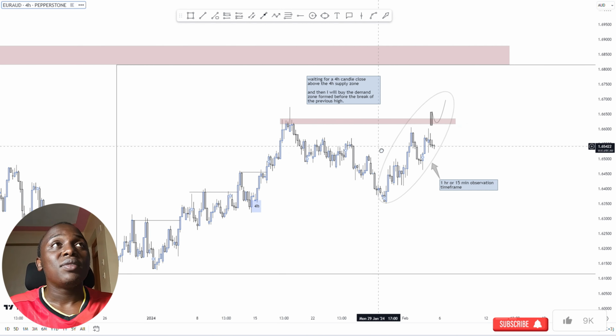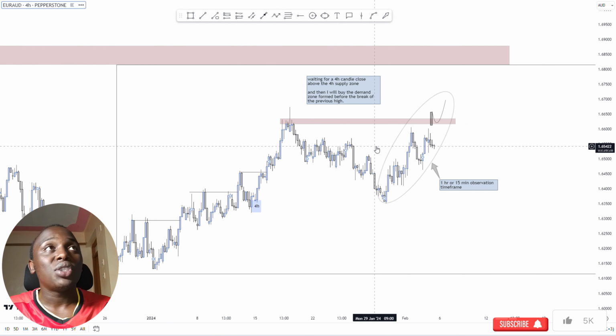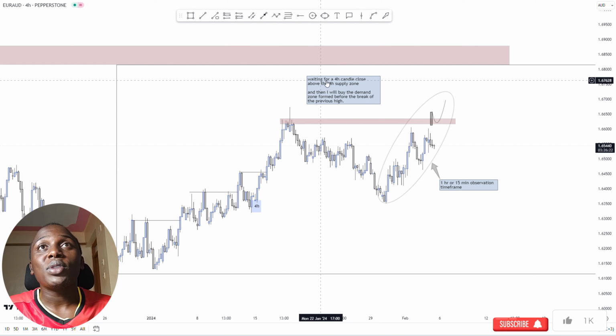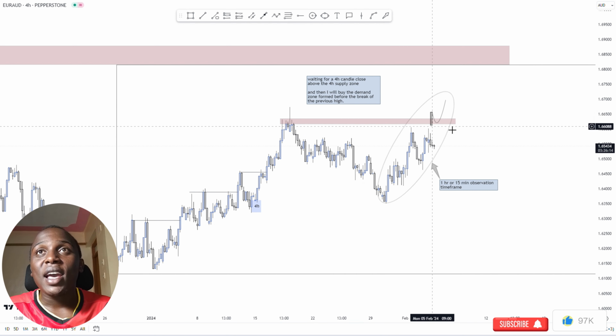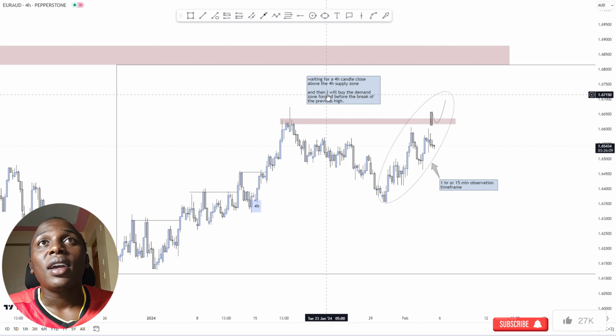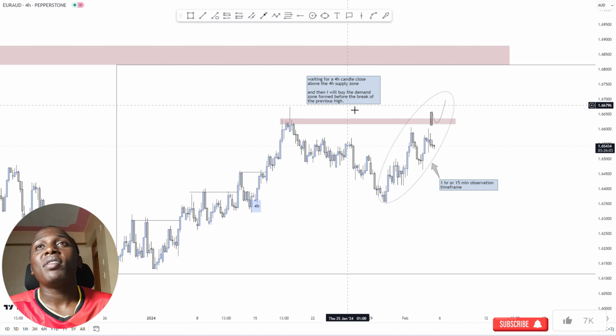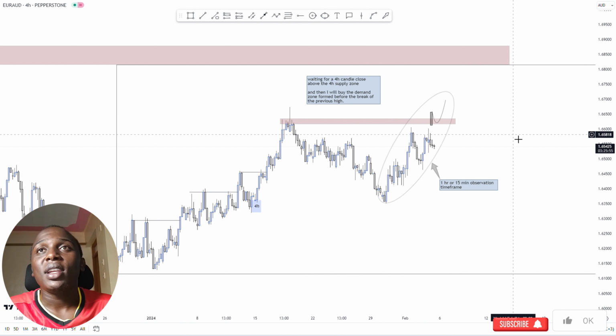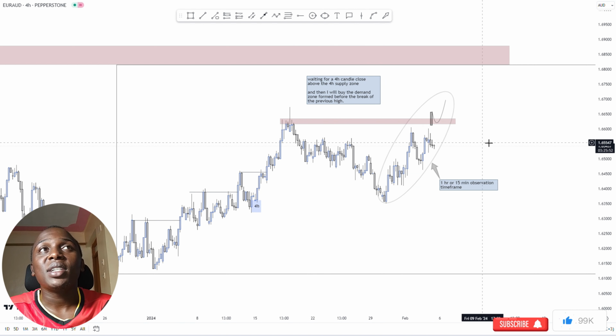What I'll be waiting to see for me to take a position for Euro Australian dollar is a 4-hour candle close above the 4-hour supply zone, and this is the supply zone which I'm talking of. If a 4-hour candle closes above this zone as illustrated right here, then I will buy the demand zone formed before the break of the previous high. So if a 4-hour candle closes above this 4-hour supply right here, I'll be buying off the demand zone left around here, and then my take profit can be around